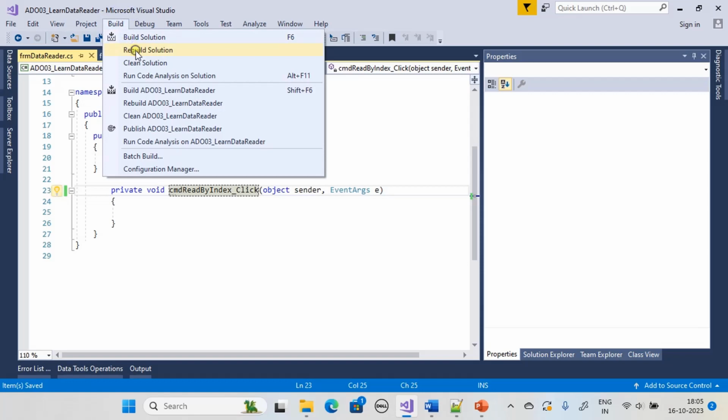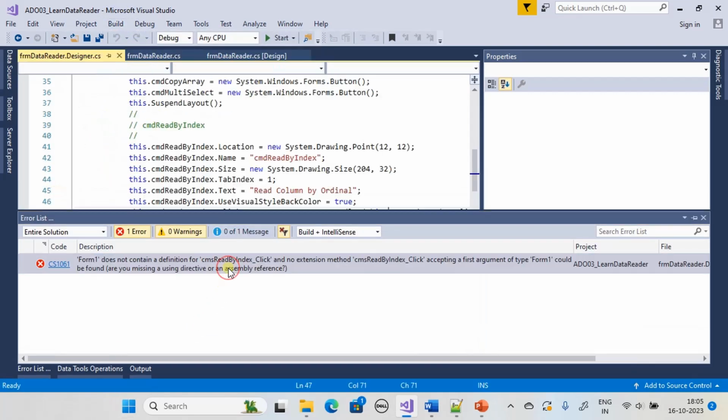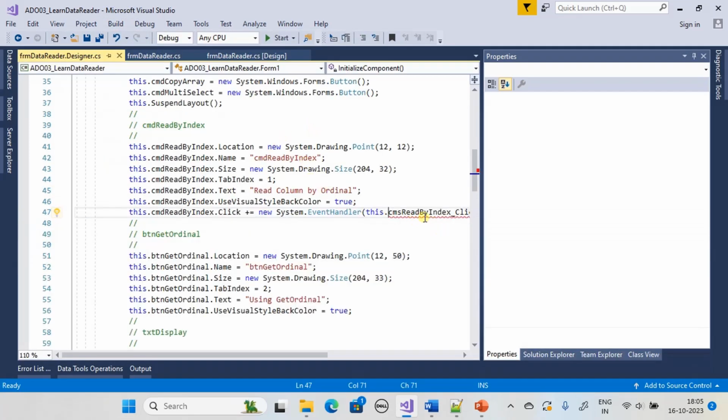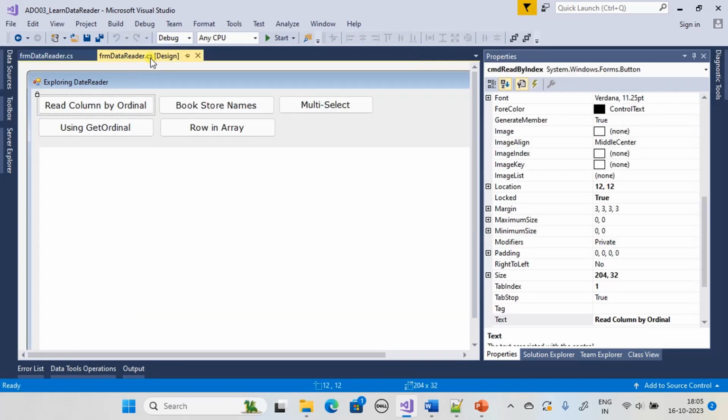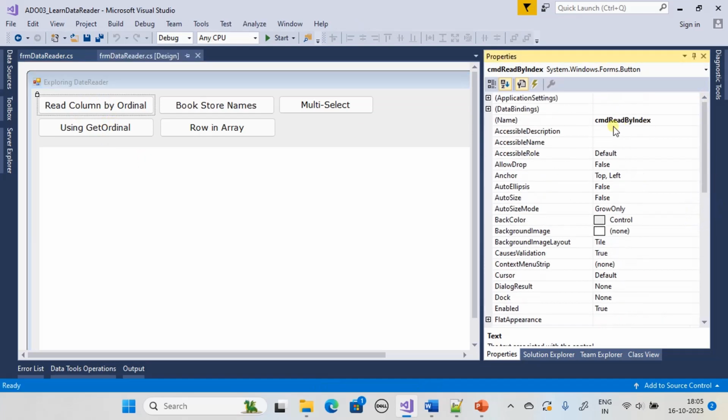So rebuild the solution and clear any error. Since we renamed it, we are clearing that error. In your case, you won't see the error because you will be adding the button from scratch. Since here I already designed it and made the correction,